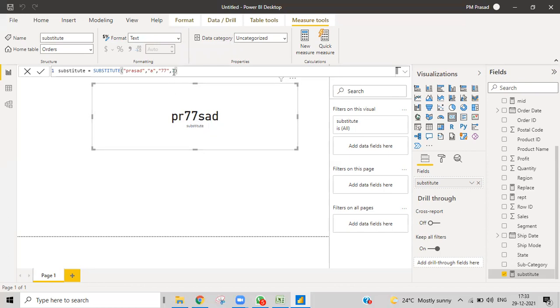But I want to replace it at the second occurrence, and then make it this symbol. You can see right now. This is what we can do.